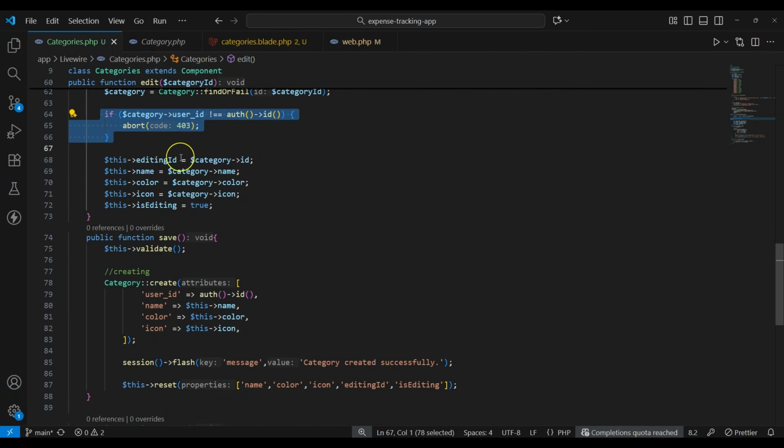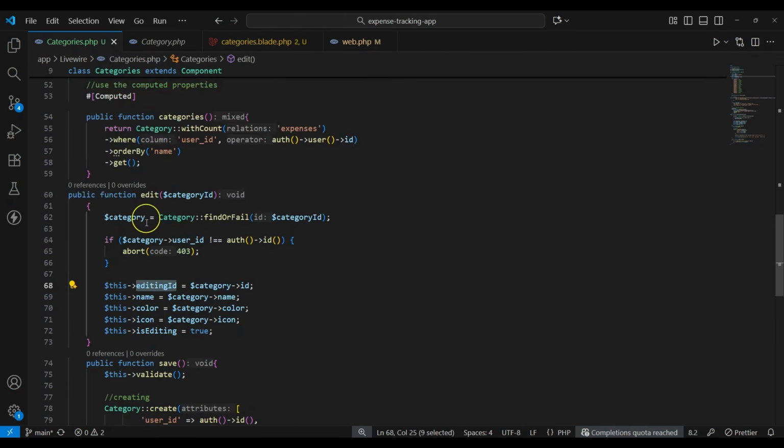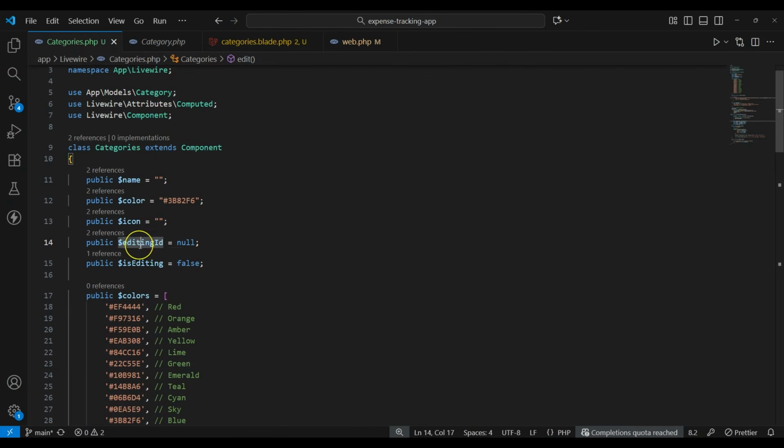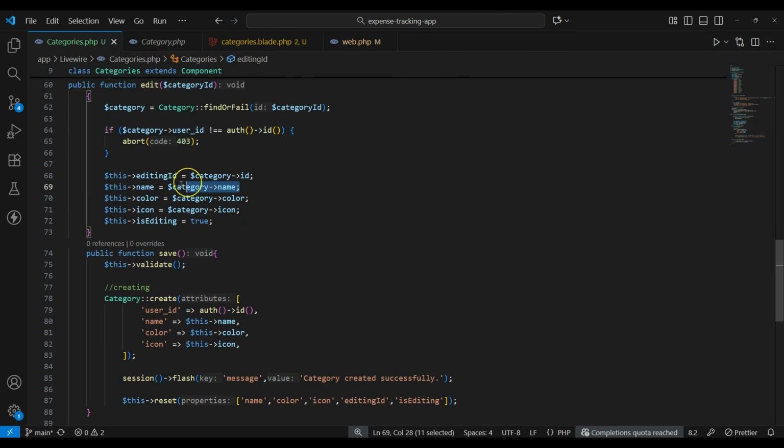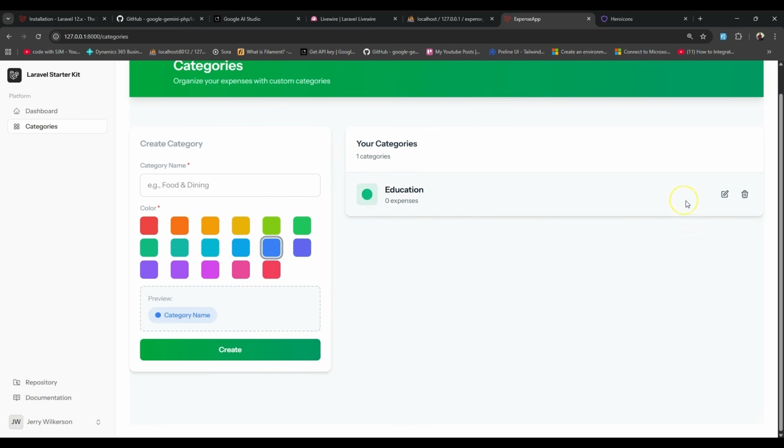Okay, and after that we are just going to populate the ID from the category ID. We are just going to populate it to this one, the one that we defined here, and make it null by default. And after that we are going to populate the name so that it will be added to the form, and then we're going to populate the color icon, and we are just going to set this one to true because this is the flag. By default it is false, but now we are going to test by making it true. So now if you go back here and click edit, you should be able to see